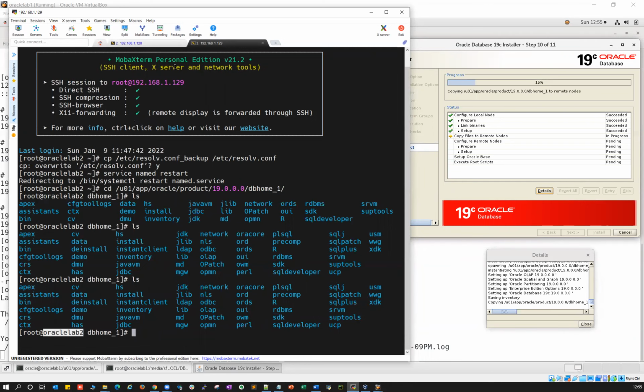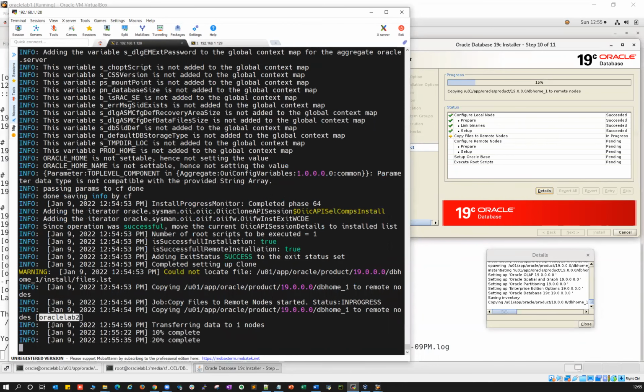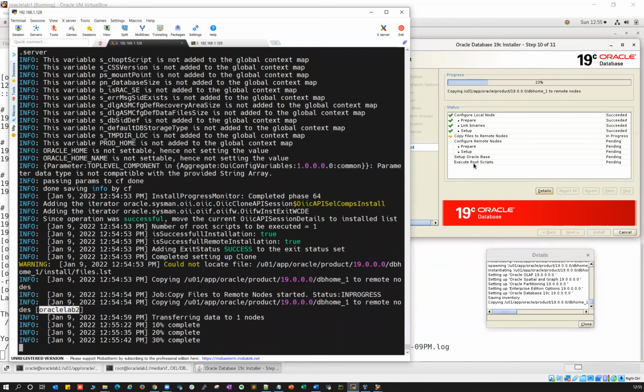When the copying is done, you can see it transferring the files, copying the files, whatever this dbhome, to remote nodes. When the copying is done, it will do the post checks and all those things. You can see configuration of remote node, preparing and setup, and then your Oracle Home is ready.